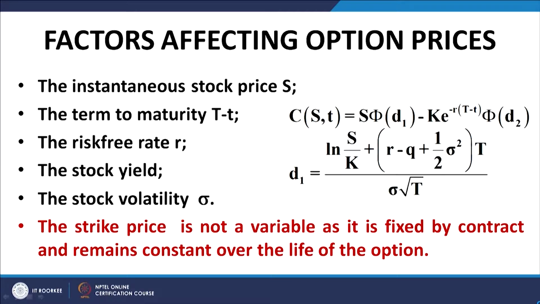Then we had the risk free asset, we had the stock yield if there is any, we had the term to maturity, the remaining term to maturity or the term elapsed, which are interrelated, and of course, the volatility of the underlying asset. So, these are certain factors which influence the price of the derivative position, and by option Greeks we mean the sensitivity, or the partial derivatives in mathematical terminology, of the value of the derivatives position with respect to each of these factors.